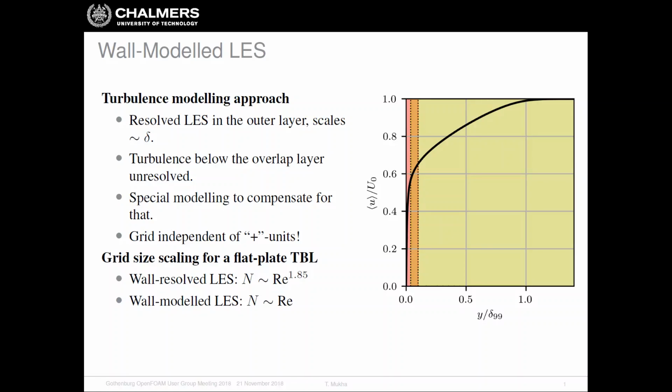Now these two regions are overlapping, and what we have here on the figure, this orange rectangle, is where the two regions overlap, and that's called the overlap layer or the overlap region. Then to the right, the big yellow rectangle is the remaining part of the outer layer. It occupies about 80 to 90% of the profile. And below the overlap layer is what remains from the inner layer, the pink rectangle.